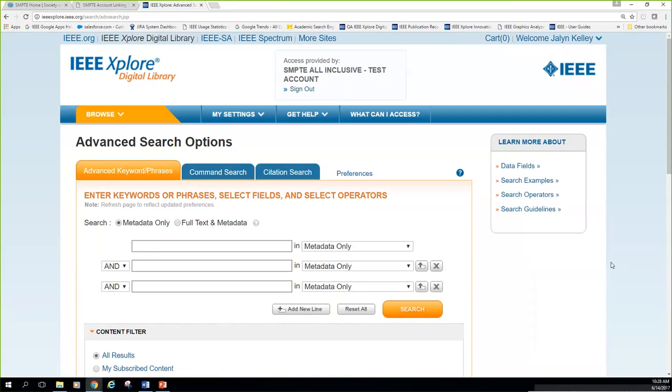So the advanced search page is a guided way to do a little bit more complex searching. It's actually where I recommend most people should do their searching. It gives you a little bit more control, and you can be a little more precise. You can also search within different fields and do a variety of things. So for